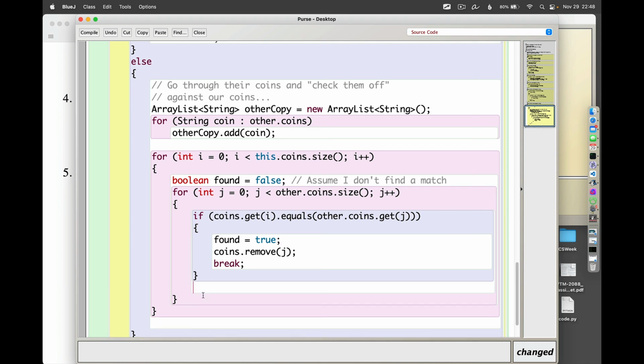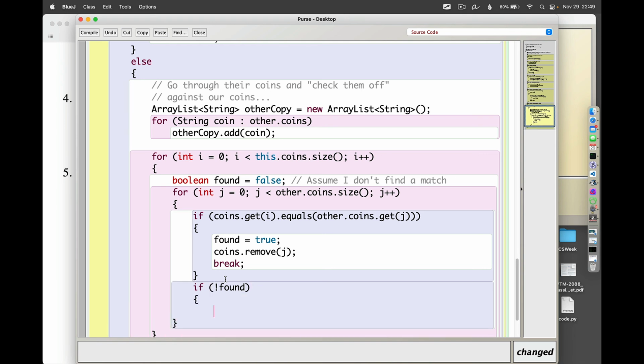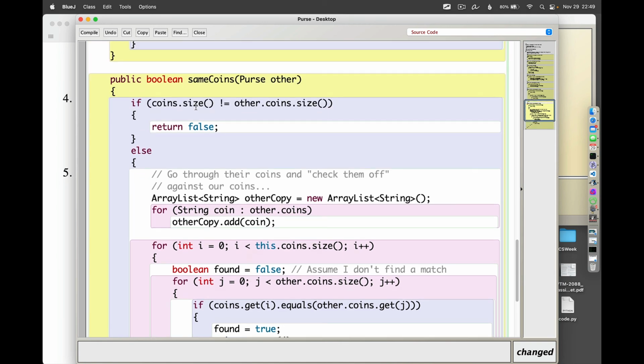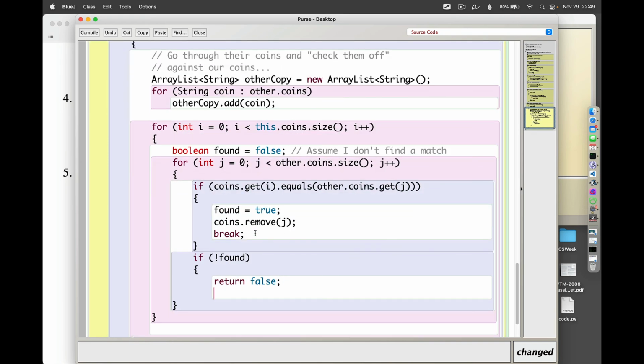And then down here at the bottom, I can double check and see what happened with found. And if I found it, awesome, that's great, then I'm not really going to do anything. But if I didn't find it, if I didn't find a coin to cross off, if not found, then what I need to do is return false. I need to say, I went through and tried to find another coin to match this one, and I couldn't find it. So therefore, it's false that we have the same coins in these two purses. So I'm going to check that flag, and if I ever get to the point where I go through the list